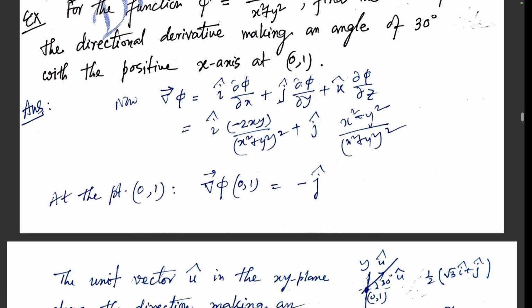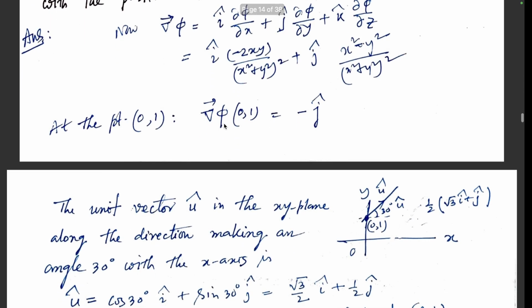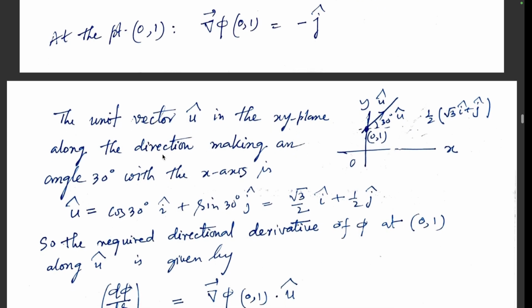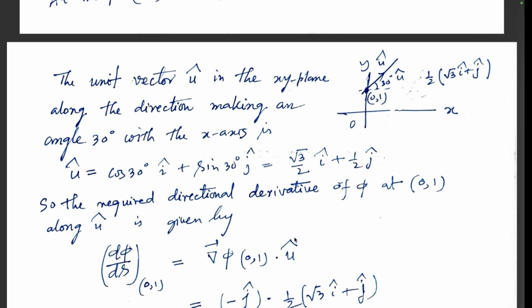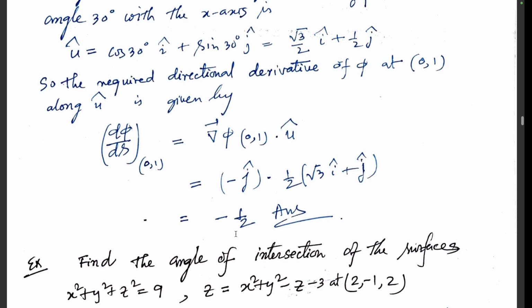Next example: for the function phi equal to this, find the value of the directional derivative making an angle 30 degree with the positive x-axis at the point (0, 1). Here grad phi is this. So at the point (0, 1), grad phi is equal to minus j, and the unit vector u cap in the xy plane along the direction making an angle 30 degree with the positive x-axis is u cap equal to cos 30 degree i cap plus sin 30 degree j cap. So this is root 3 by 2 i cap plus 1 half j cap. So the required directional derivative of phi at (0, 1) along u cap is given by this, answer is minus